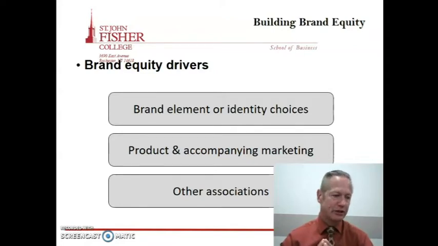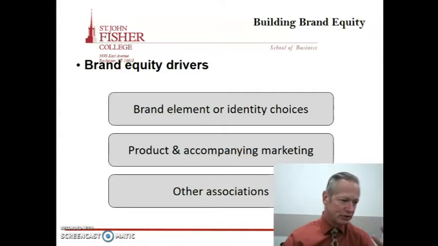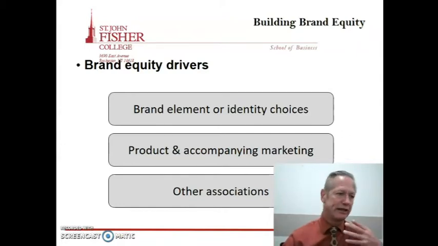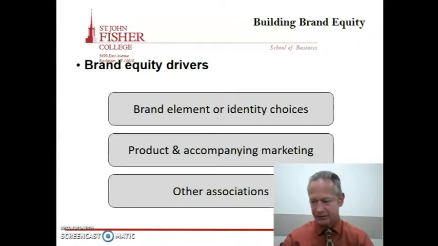And then finally, other associations. And the last one would be their marketing plan, the press releases that go on, what the public thinks about it, what the press thinks about it, how they associate. And it might even be associating an athletic star. For instance, Nike associated itself with Michael Jordan for many, many years. And Nike is always associating itself with high-end and top-of-their-game athletes. And that also helps build brand equity.